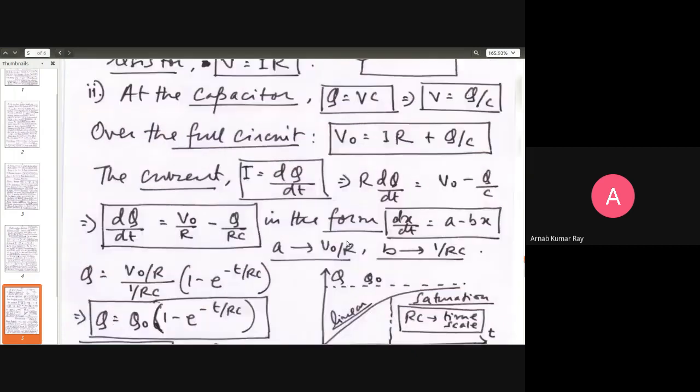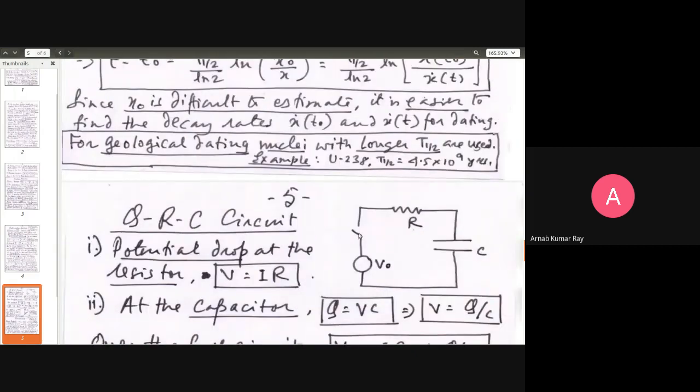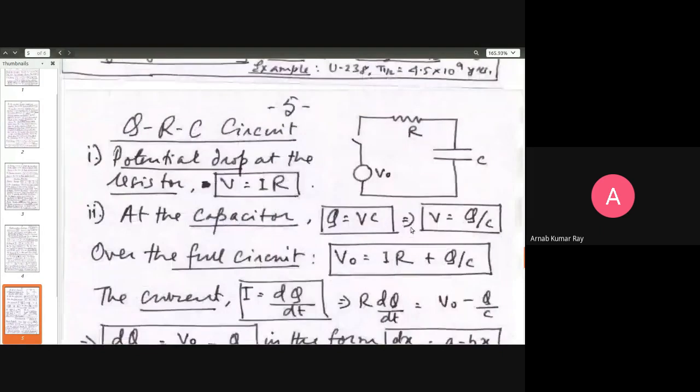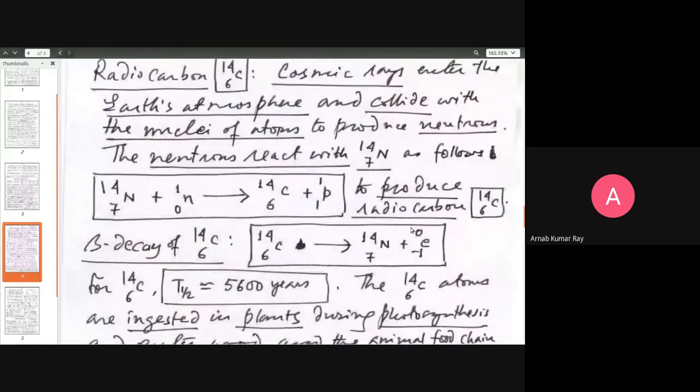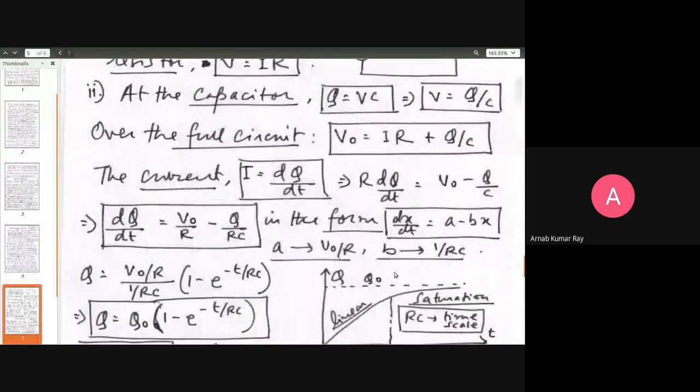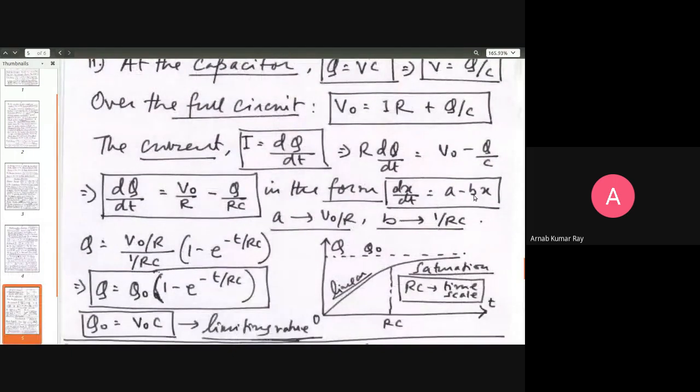So you can see here is a very simple laboratory experiment. I told you we shall be talking about equations of the form dx dt is equal to f of x. The first equation that we used was of radioactivity, x dot is equal to minus lambda x. f of x is a very simple linear function, minus lambda x. And here x dot is equal to a minus bx. Both are linear functions.